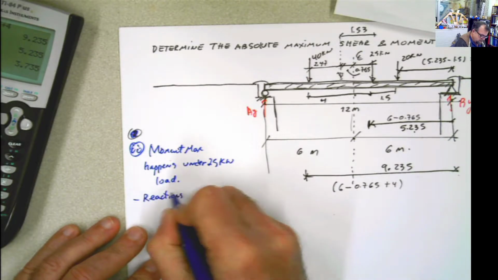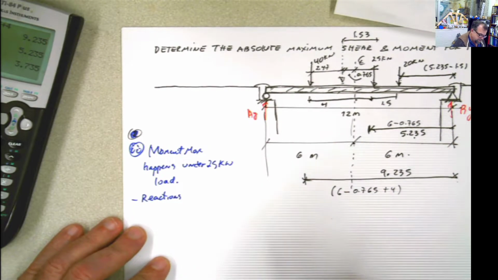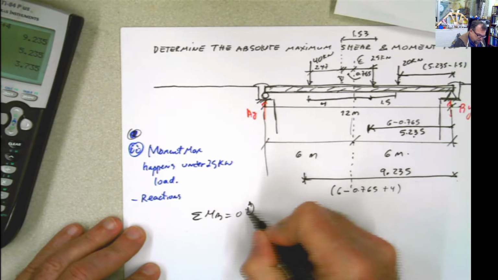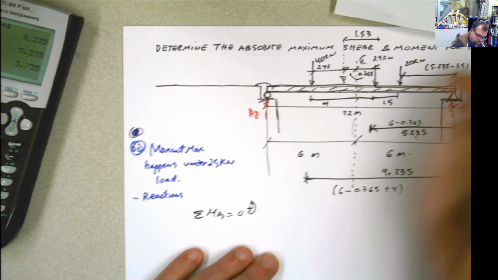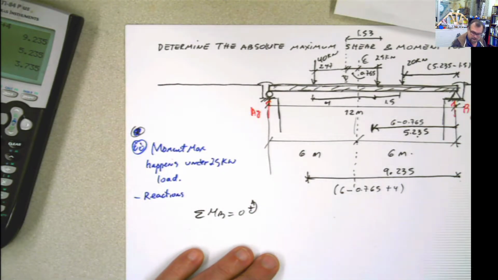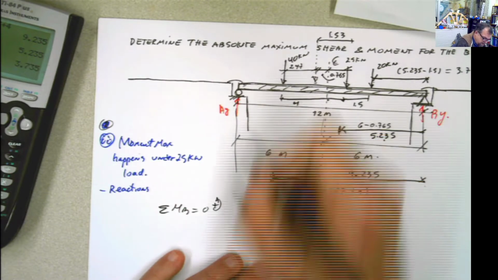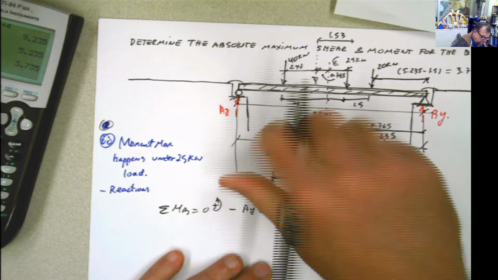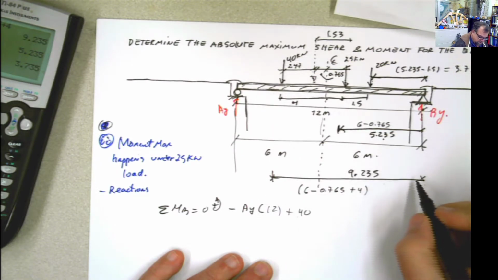Reactions. In this case, let's do the same thing. Let's do summation of moments at B equals 0, and the only reason is because I did it like that last time. I could do summation of moments at A, calculate B, and then do the section for this side, but it's the same. So, summation of moments at B, then I have negative AY times 12 plus 40 times this distance,